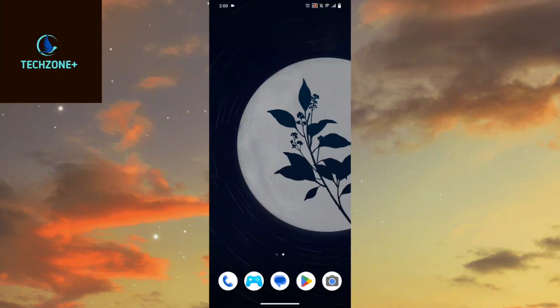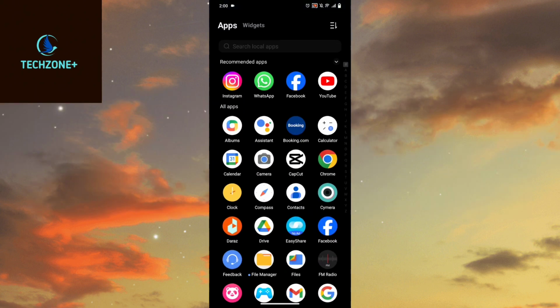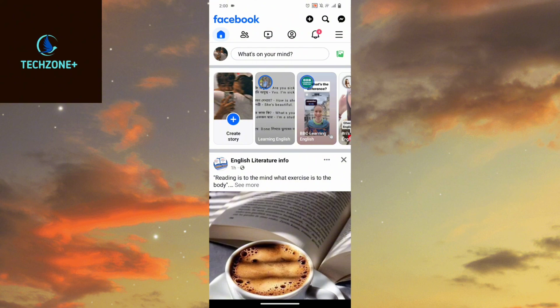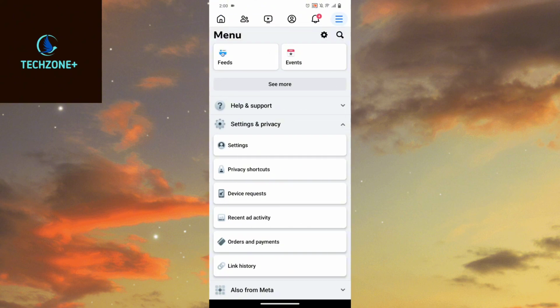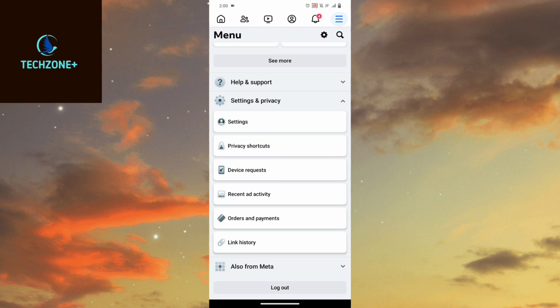In today's video, I'm gonna show you how you can check your Facebook account created date. Let's get started by tapping on Facebook. Now click on three lines in the corner. Go to settings and privacy. Now click on first option settings